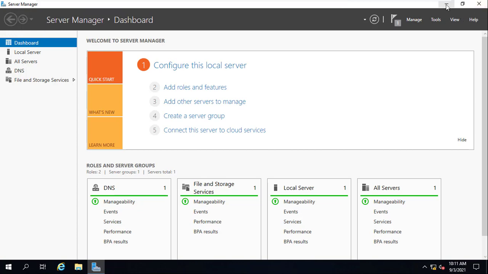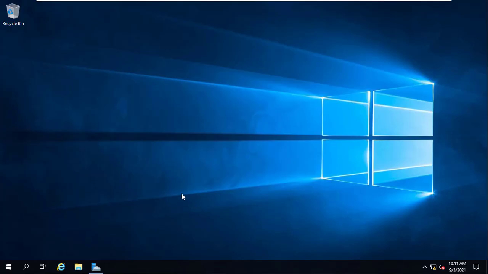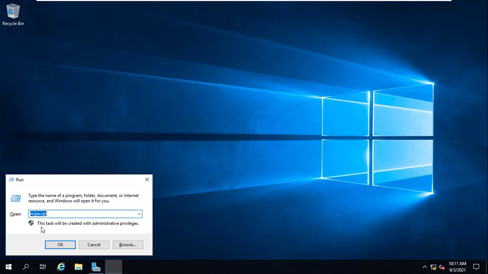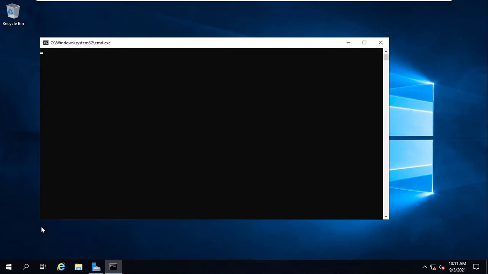Okay, I'm going to come back to Server Manager, so I'm going to minimize the Server Manager, and then we're going to open command prompt. So I'm going to press Windows key plus R and then type CMD, and press enter. Launches my command prompt for me. Now to test whether my DNS server is working properly, I'm going to type this command over here, nslookup,